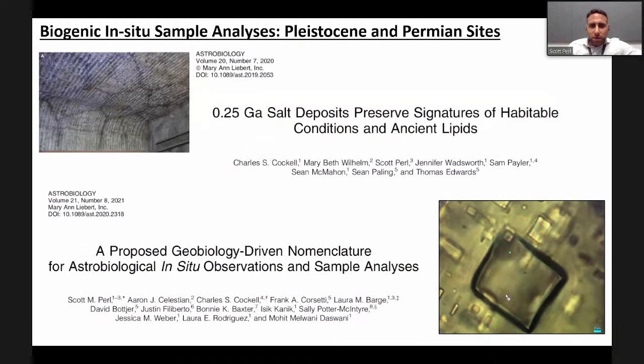So we've actually done this, where we're looking at old signs of life inside salt and what's left over. Charles Capel and I published a paper in 2020, along with other co-authors, that went into lipid preservation within 253 million year old salts. And so that's on the tail end of our geologic time, whereas at the modern end, in the Great Salt Lake and other areas like Death Valley, what is our initial time zero of preservation as cells are being preserved? And so there's a giant gap in the middle in terms of preservation,